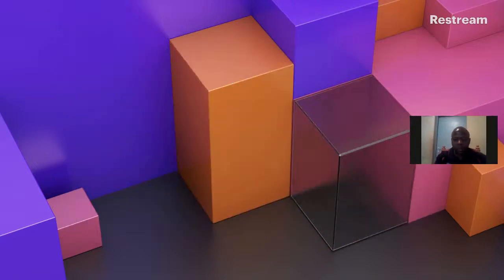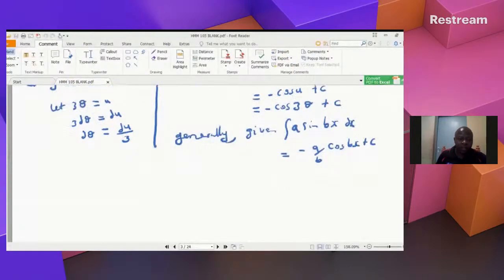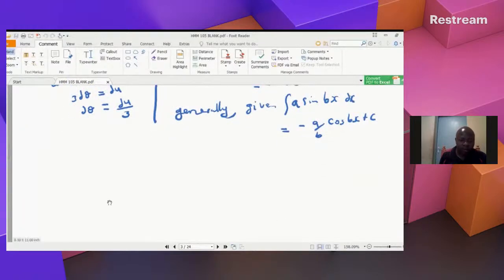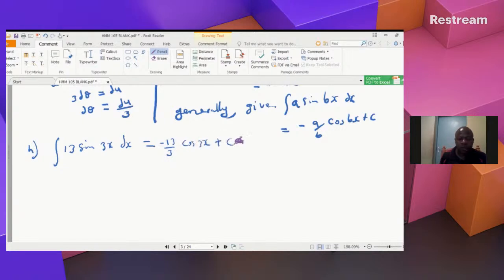So I want us to look at another example here related to this. So we look at example H, and we are integrating 13 sine of 3x dx. And we know the answer. We know the answer will be negative 13 out of 3 cos 3x plus constant of integration. That's the answer, and you can write it just like that. Or if you want, then you can say